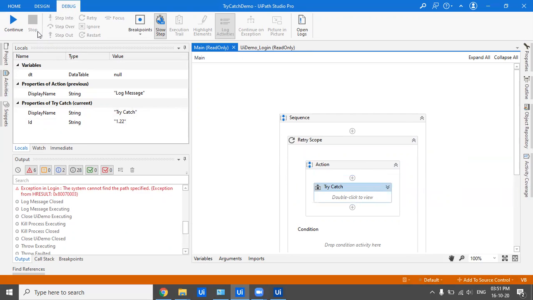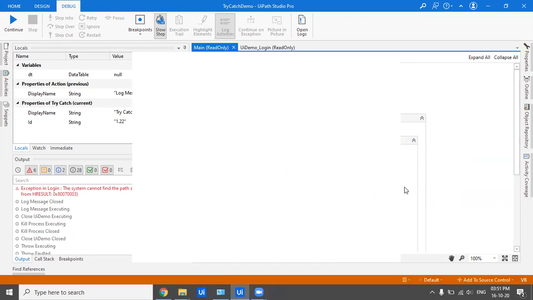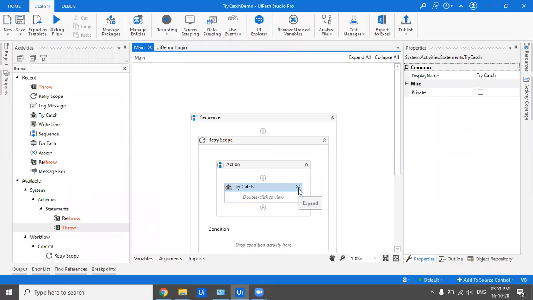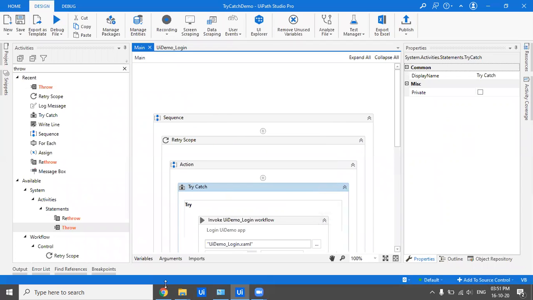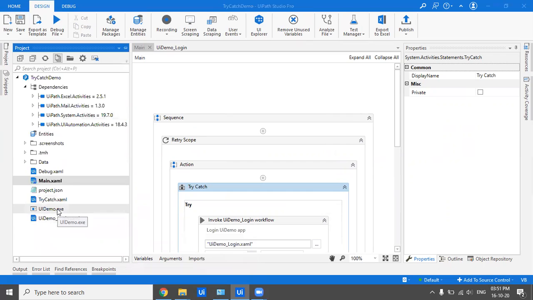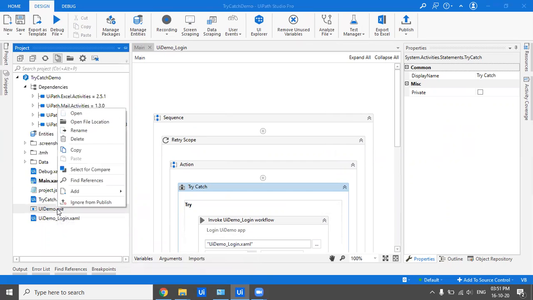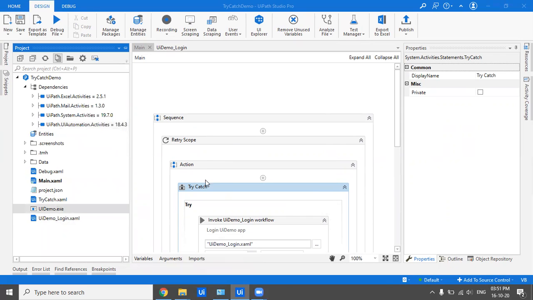So this retry scope is basically used when you are dealing with real-time projects and you know that the site you're trying to log in to would take a lot of time. In those scenarios, the retry scope usually helps a lot, because it could be that your file did not get opened in the first go due to a network issue or any other reason.